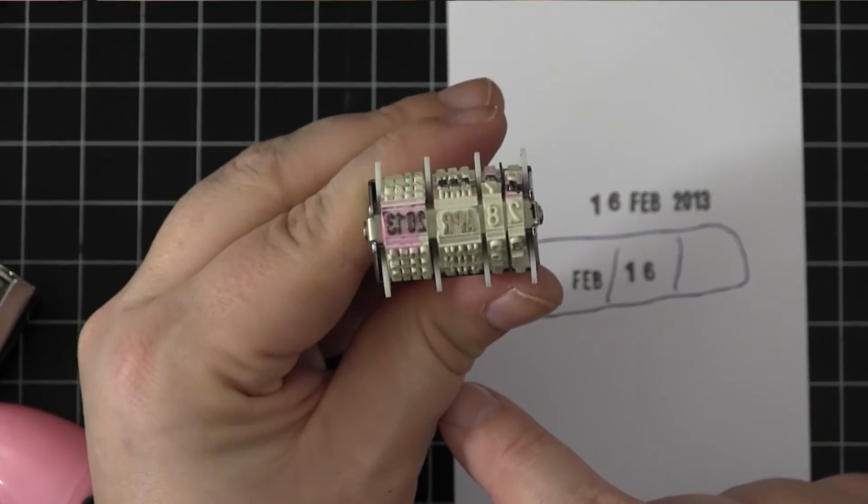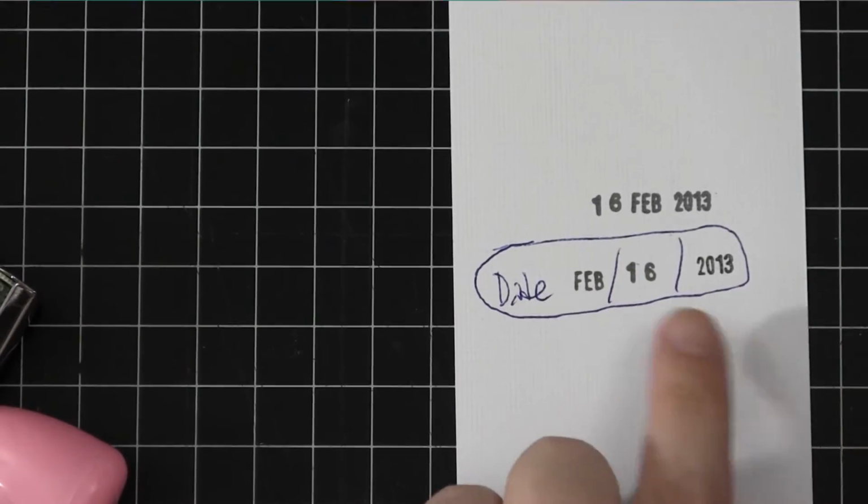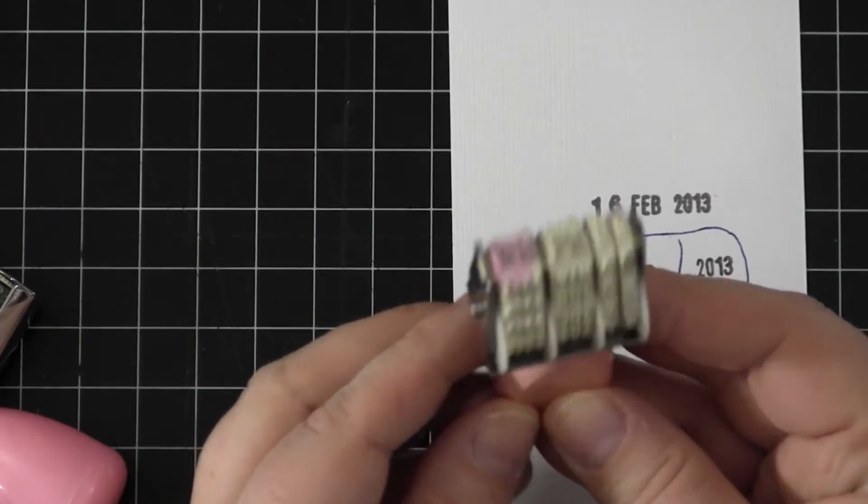What's going on with my camera? Is it not focusing very well? But then I just have the 2013, and now I don't have to worry about getting ink from the other part of that stamp